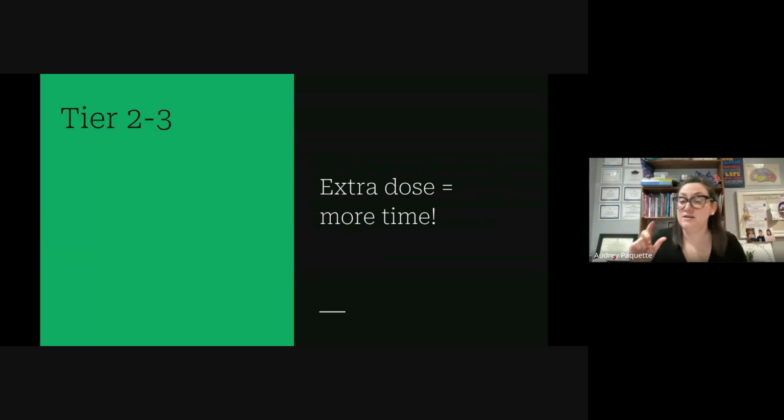support. So they may need even more time, but it's more intensive, it's more support, it's more staff, it's a lot more. And between tier 2 and 3, sometimes there's not a big difference in necessarily the program that you're using, but it's more in the frequency, the group size, the training of adults, also very important.